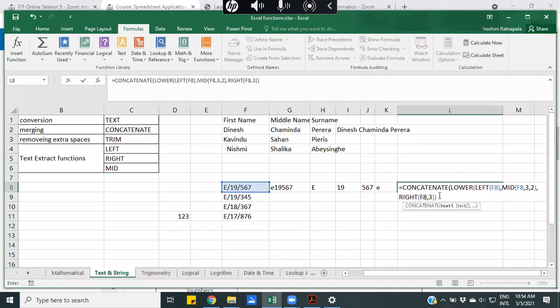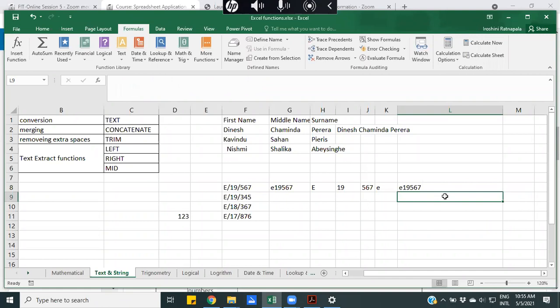See, I have done something wrong here. When I place this close bracket, can you all see that I have not closed the left function's bracket here. Here the left is open, the right is open and closed. Now I need to close the lower bracket here. So then only my equation gets the correct answer.